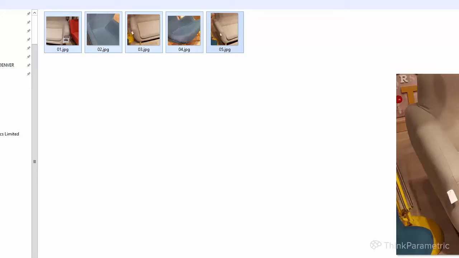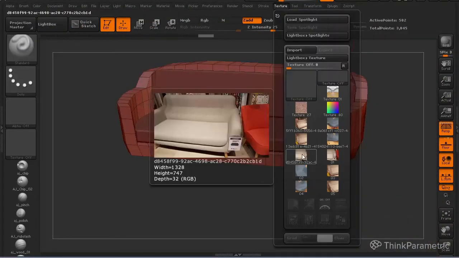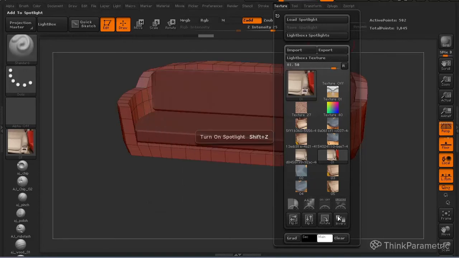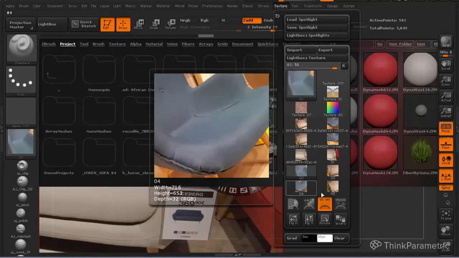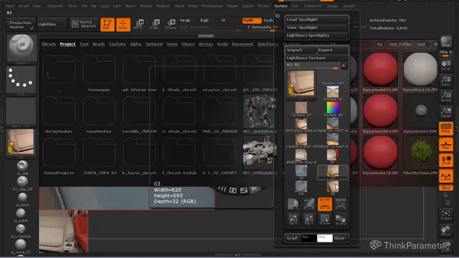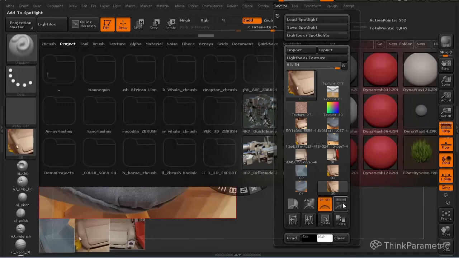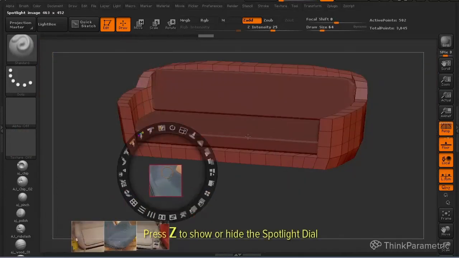We select everything, import them, and now put them in our spotlight. The ones we're going to use are this one, this one, this one, and this one. Okay, so we will keep it like this.